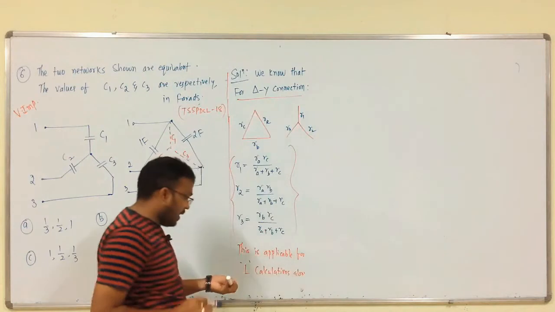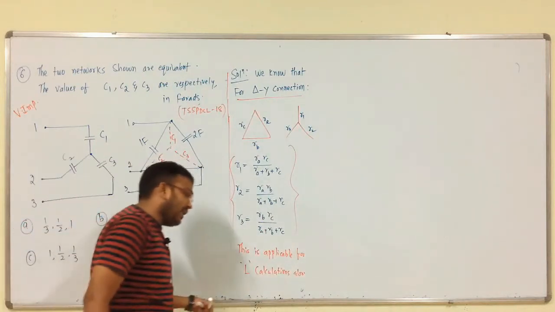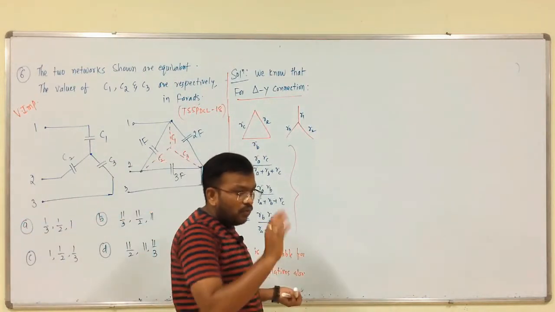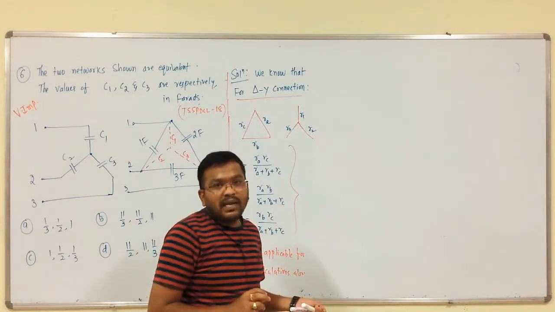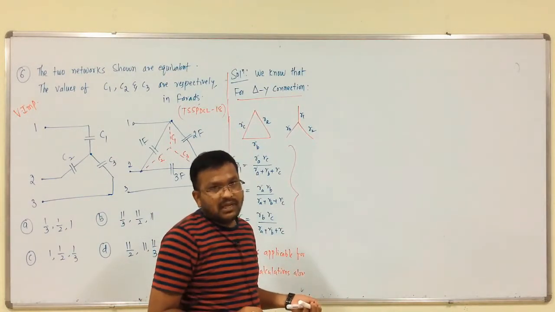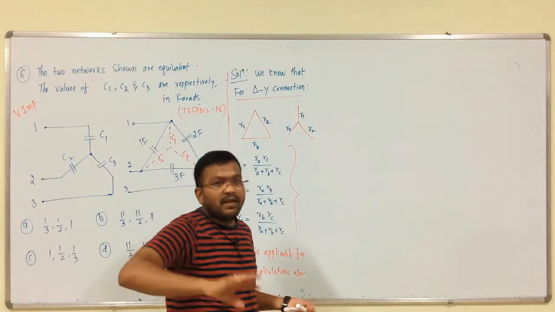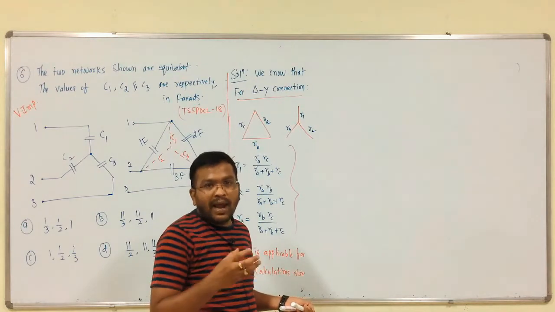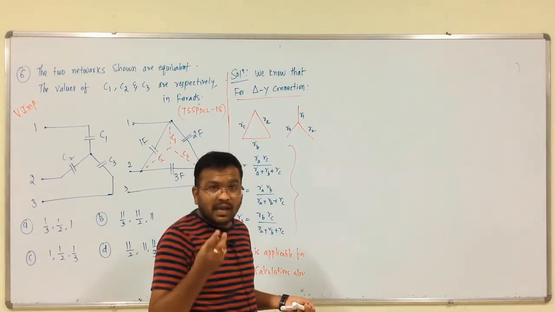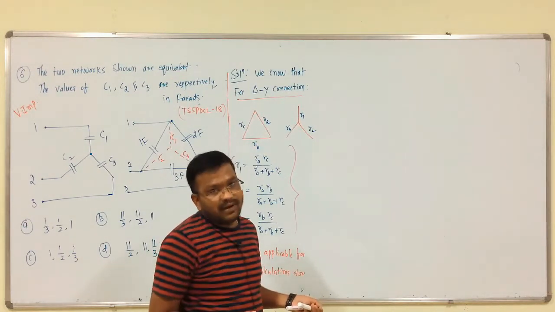This is applicable for inductance calculations also. Why? For both combinations, whether it is resistive calculations or inductive calculations, we are going to get the same relations. If those two are connected in series, we have to add them. Otherwise, if they are in parallel, we have to add them in reciprocal manner. But for capacitance calculation, it is different.